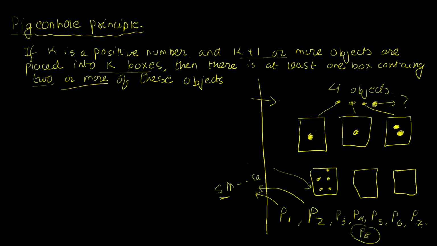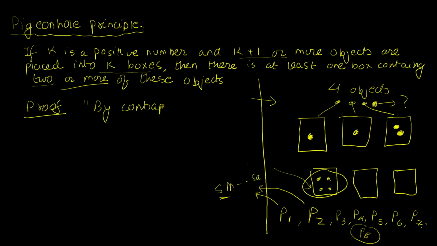So if I start clustering them at the beginning, I already have the 2 that I need. So our thought process should be to distribute these k plus 1 objects as equally as possible. But since we have only k boxes, we are forced to have 2 in at least one box. And just in case we need a proof for this statement, we are able to offer a pretty basic proof